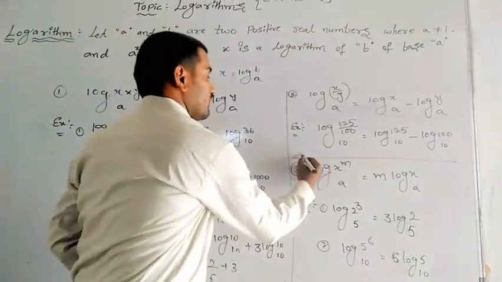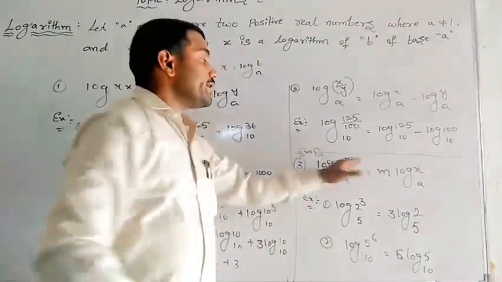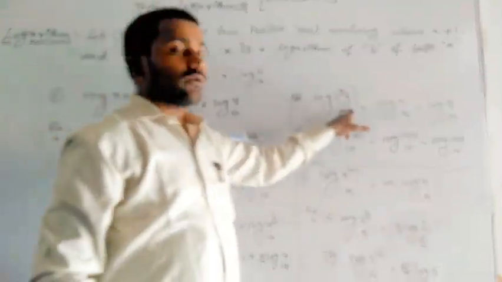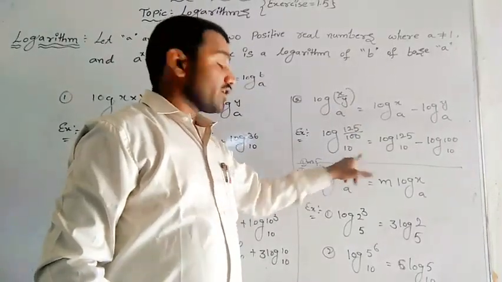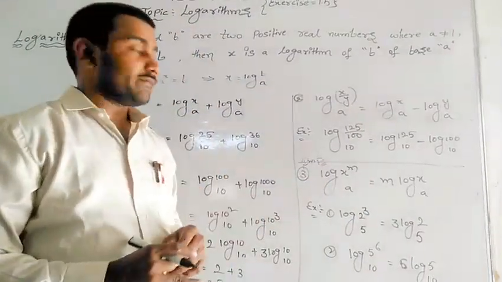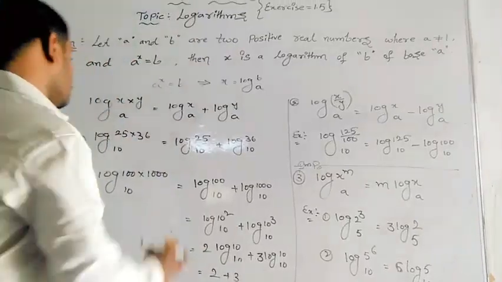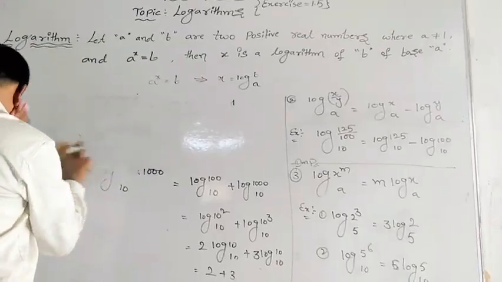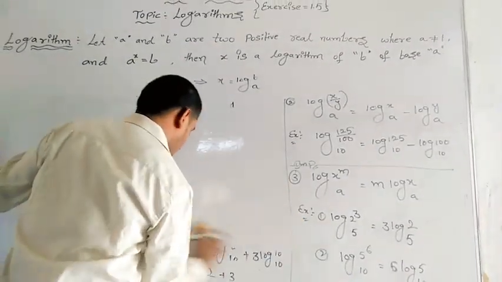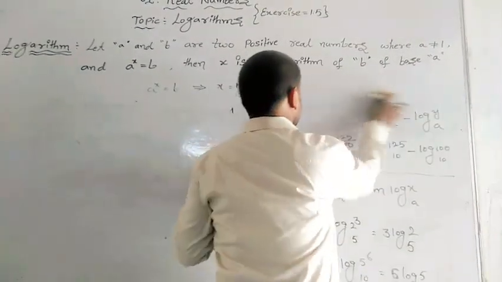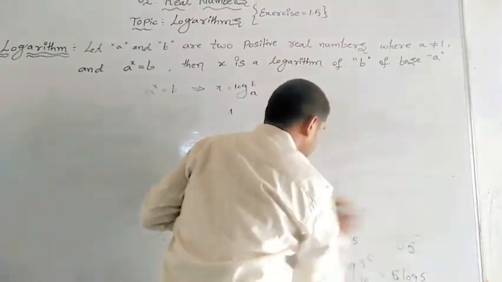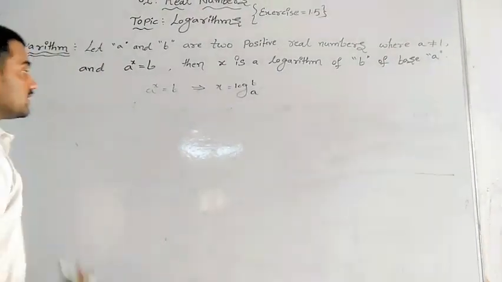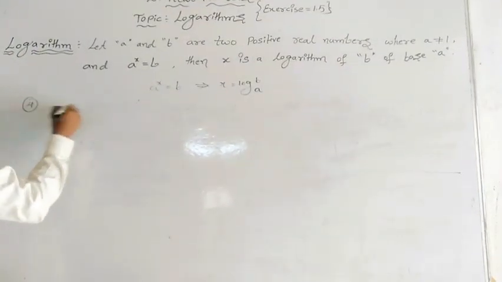So this formula is also very important. This is called the power rule. Product rule is multiplication, quotient rule is division, and then the power rule. Here three rules are there. Let's go for the fourth one. Remember all these formulas. These formulas are very important to solve our logarithms completely. Next we get a formula like the third one, but with a little change in this. We go for the fourth one here.